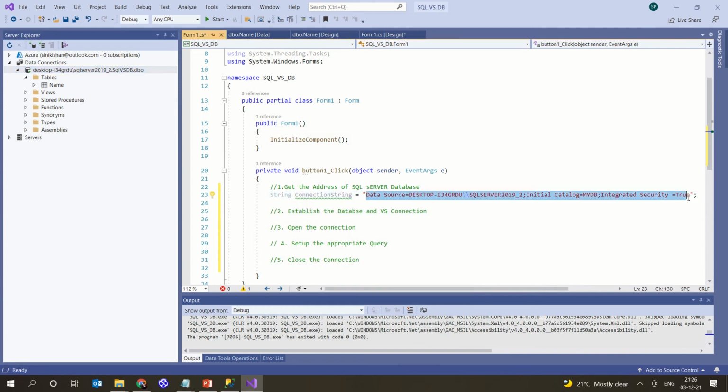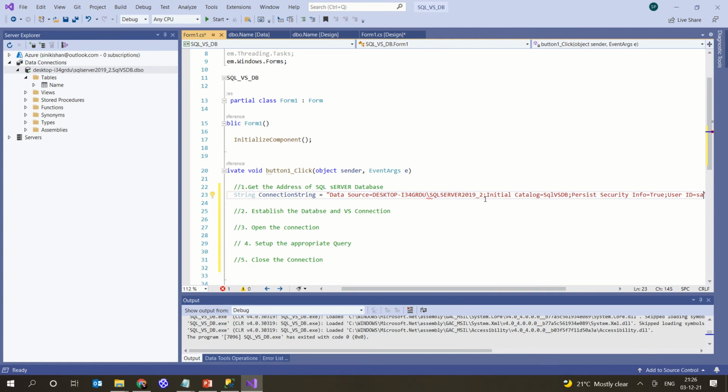Basically what I am doing is telling the connection to go to this particular database connection, and whenever you are using the server name in the connection string, you have to give it as a double slash. Otherwise some error will occur. So make sure you give a double slash here. Normally when you copy, it will be like this, so you have to give a double slash. These are very small things, but if you don't put that small slash there, it will throw a lot of errors later.